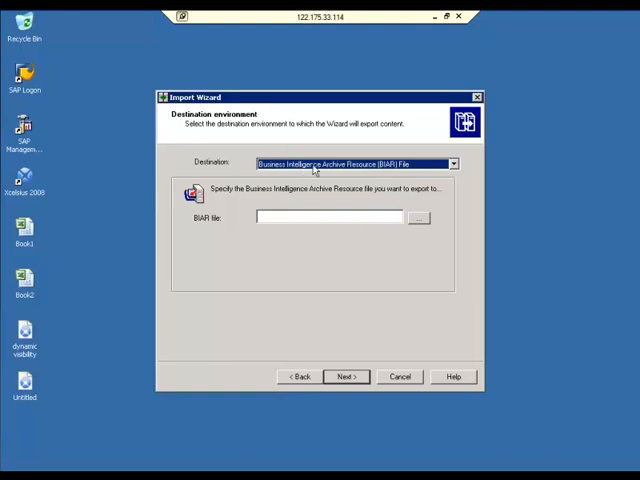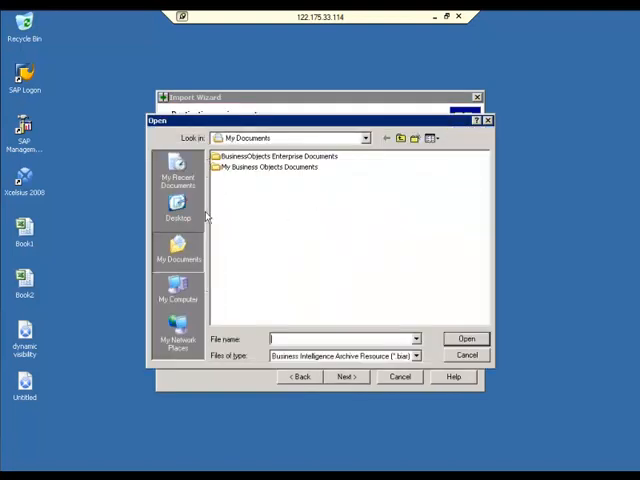Okay. Now, anyway, I selected destination as a BIR. BIR means business intelligence archive resource file, and in the BIR file I am taking a backup. I am taking the backup onto my desktop. Name of the file is dev2